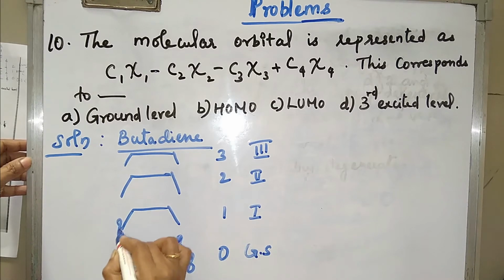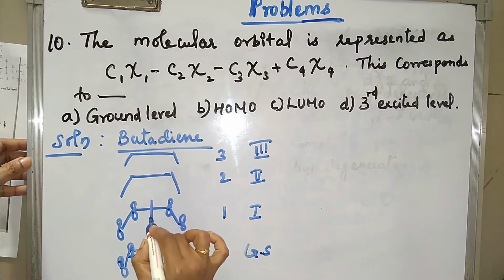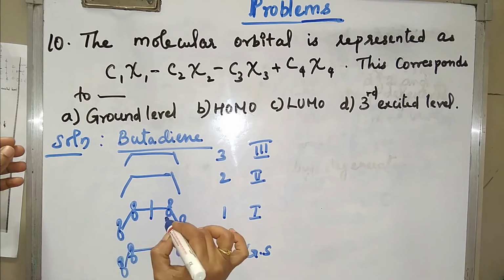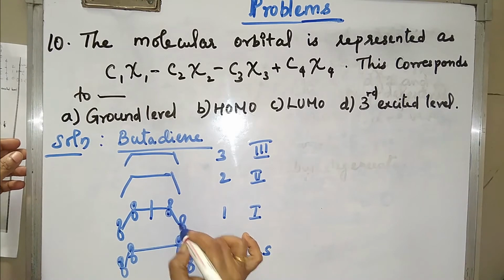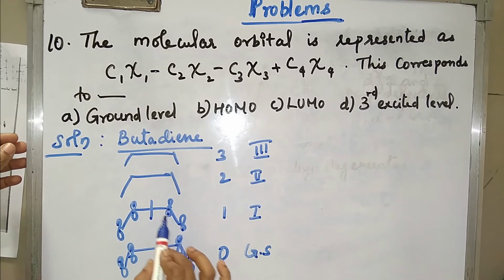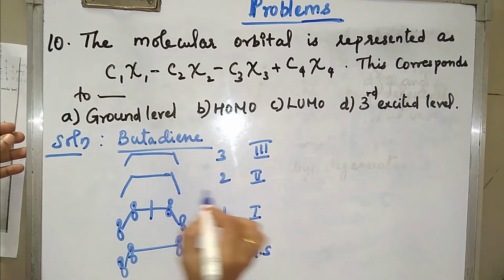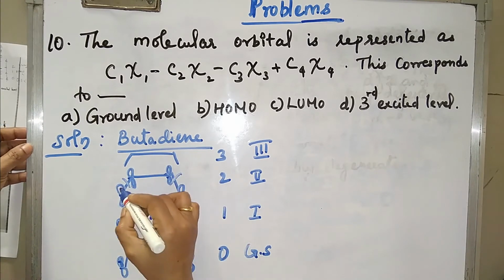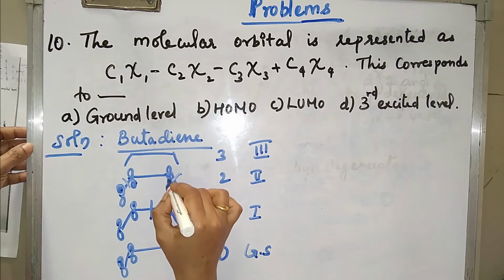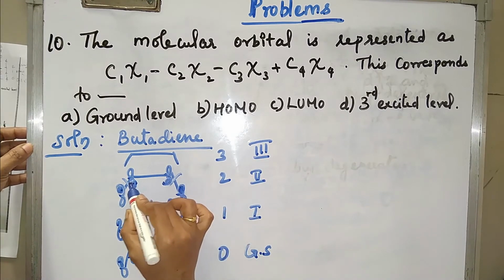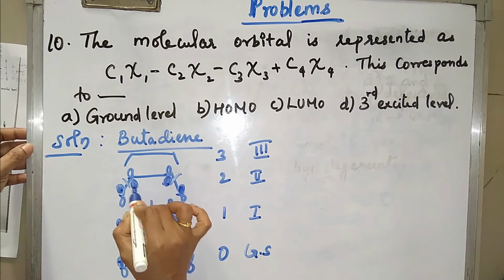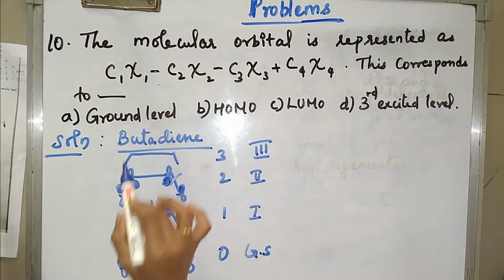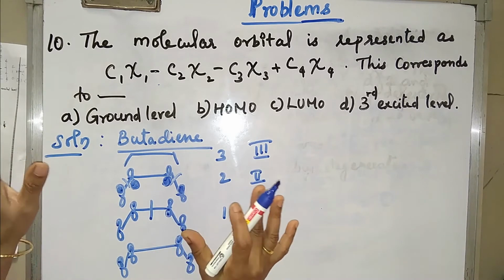In the second case, only one node is there, and the change will be at 2 and 3, so one will be positive and another will be negative. Only these two have negative charge. In this case, 2 nodes are there. These will be positive, this will be negative, this will be negative, and this will be positive. So 2 and 3 in the bottom shaded. Wherever it is bottom shaded, the negative sign will be there. I already said in the last video, you just check the tricks in the last video. If you saw the tricks, this problem is easy to solve.